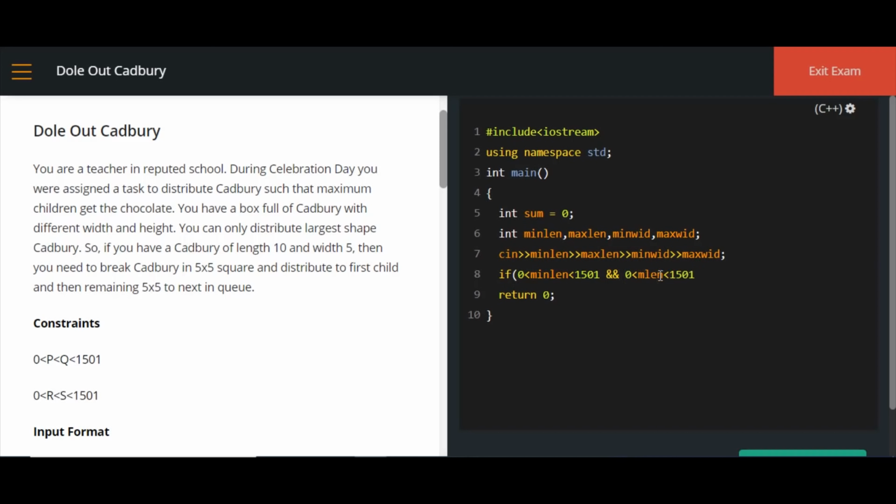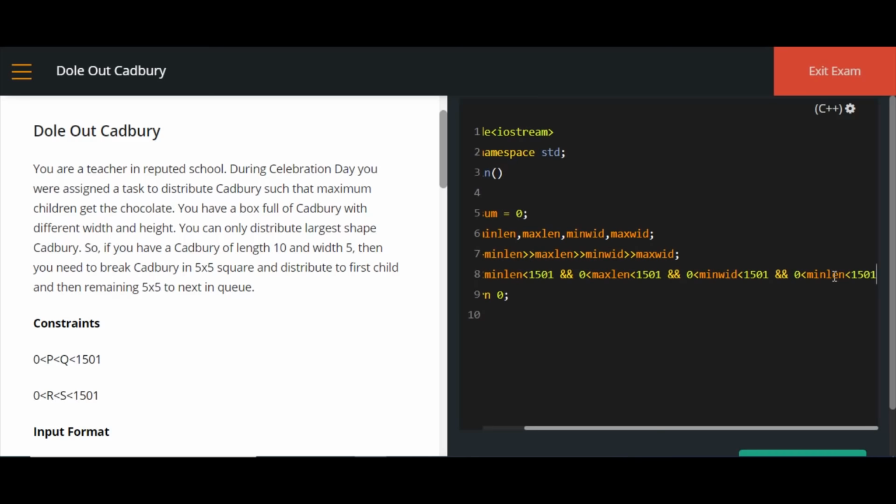I'll just make it max length. Similarly, min width and max width.